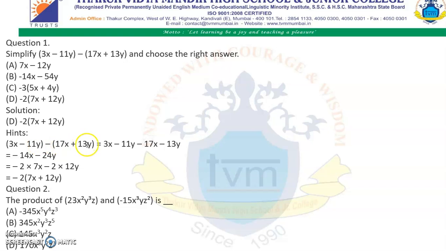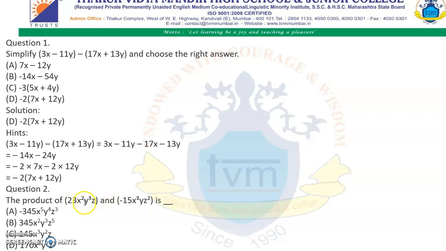You can see, we open the bracket, we have brought the like terms nearby. 3x minus 17x is minus 14x, minus 11y minus 13y is minus 24y. You can take out common minus 2 from both the terms. Inside the bracket we get 7x plus 12y. So you will see which option is correct. Option number D. The same way you have to do question number 2, but in this we have to